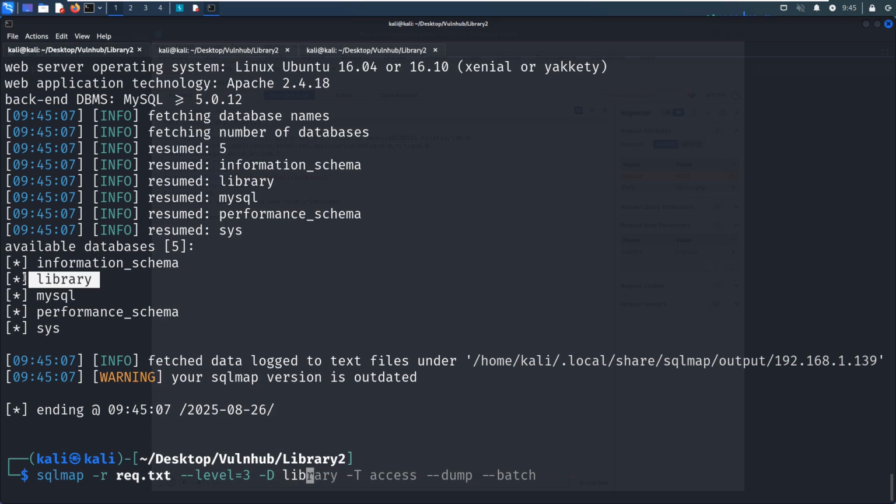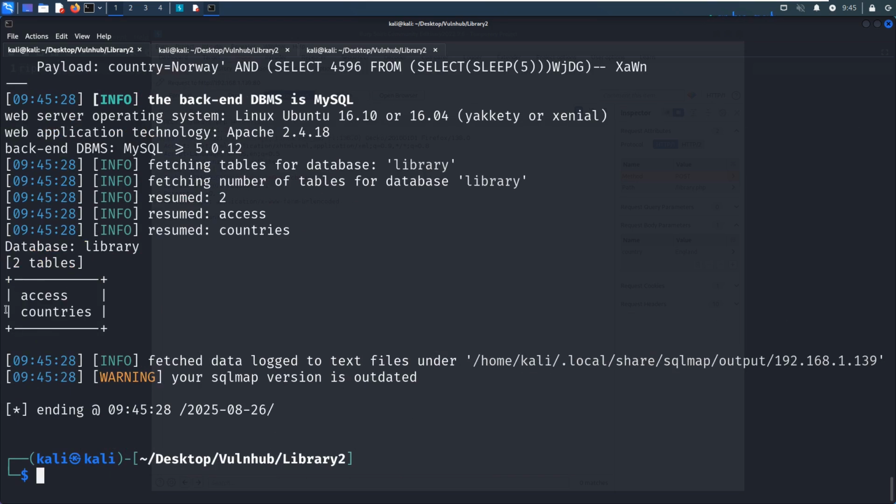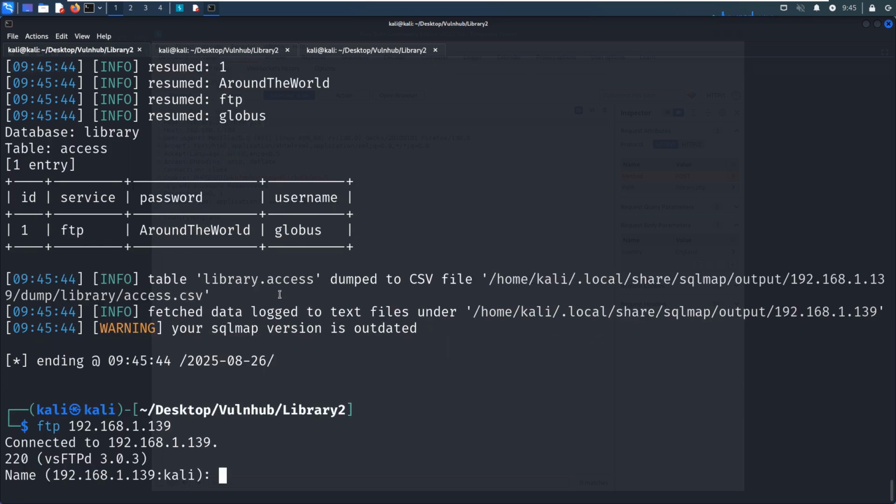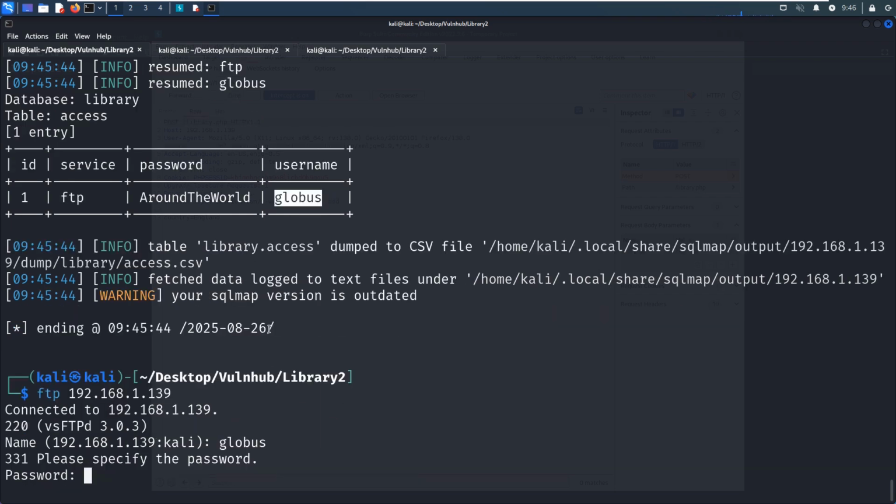Library, and tables. And there are 2 tables. And access, yes, very interesting. We can dump this table. Access, dump. And we find FTP credentials, username and password. So it's a very clear message, right? We can FTP to the target machine and we can copy this username and also we can copy the password